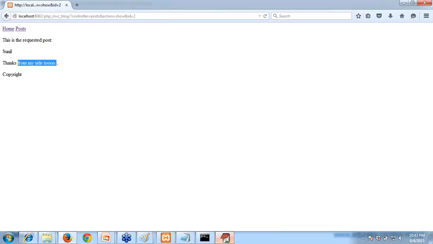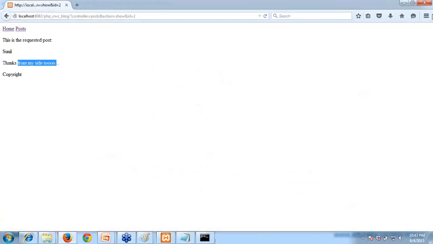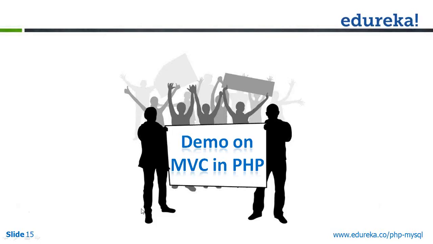So this is one simple example. Once you join our PHP course, you will have more clarity on that. Because of our time constraint, we need to wind up now. So that's from my side related to the principles of the MVC design pattern in PHP application development. We gave some simple examples. So understand what is MVC.